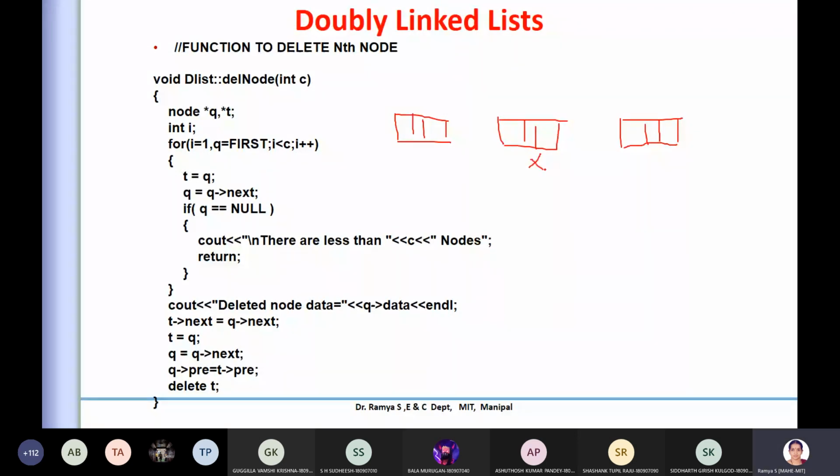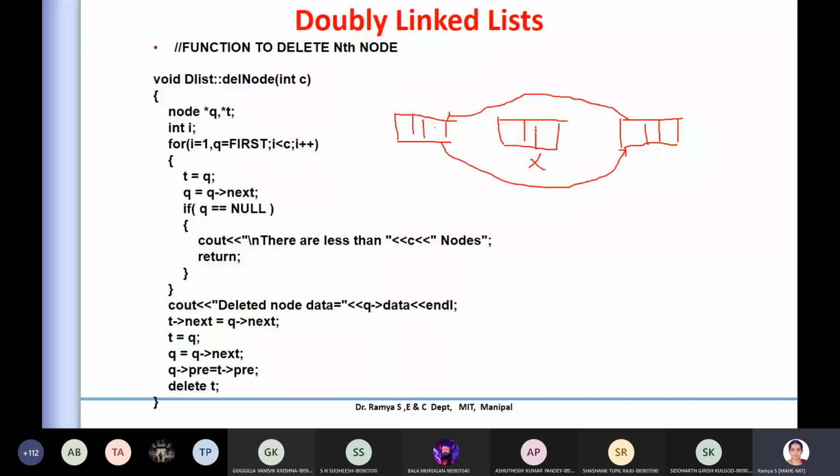To delete, I have to reassign this to this. I will just connect. So this should store the next value, and at the same time I have to reallocate the previous value which is stored with this element. I have to remove it and re-update it with this particular value.